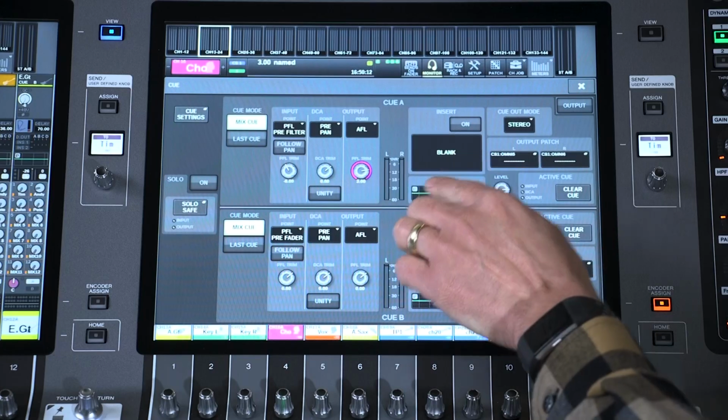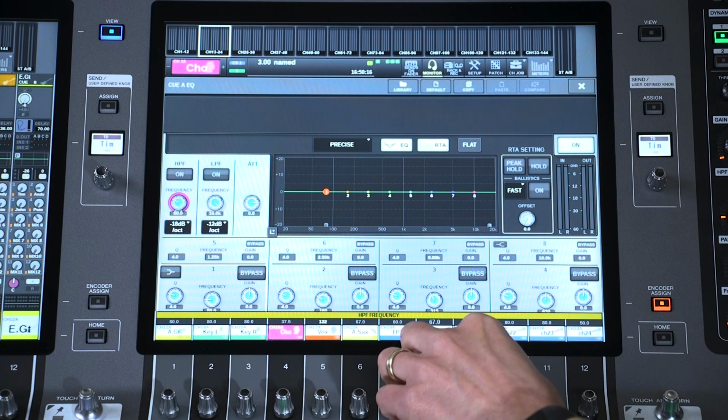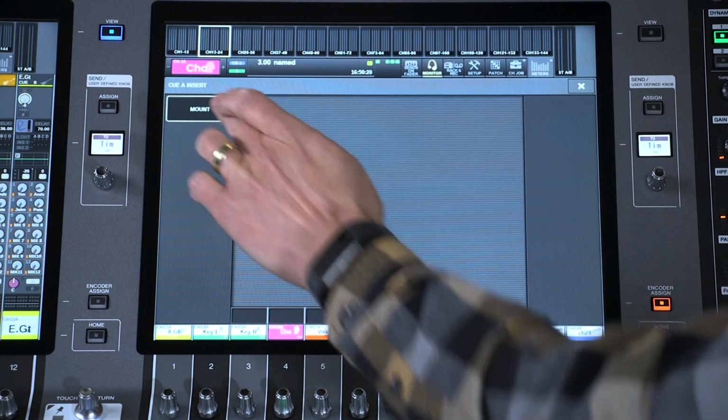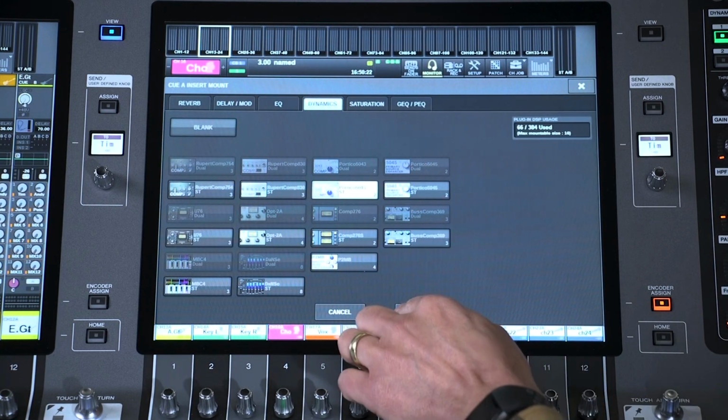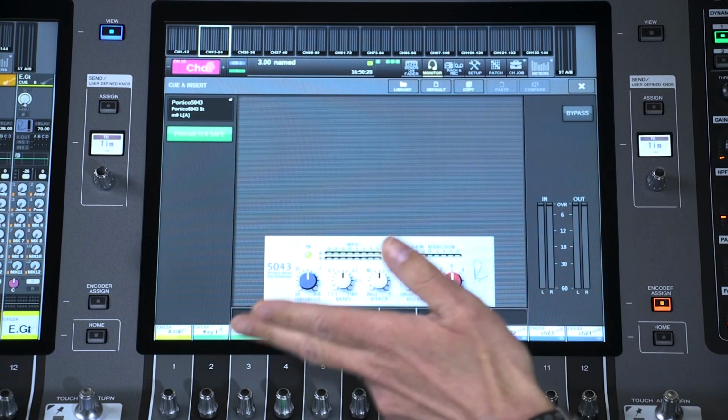Notice you can apply an 8-band parametric EQ to your Q-Bus. Even insert a plug-in, perhaps a compressor or limiter to protect your ears, for example, or a graphic EQ to mimic the ones used for stage wedges.